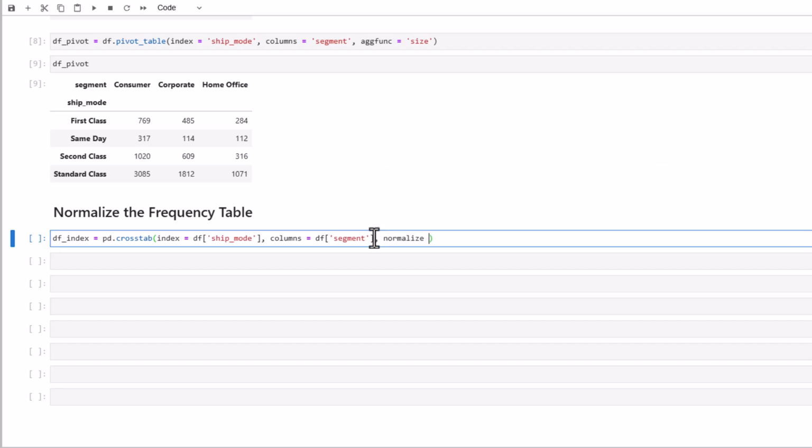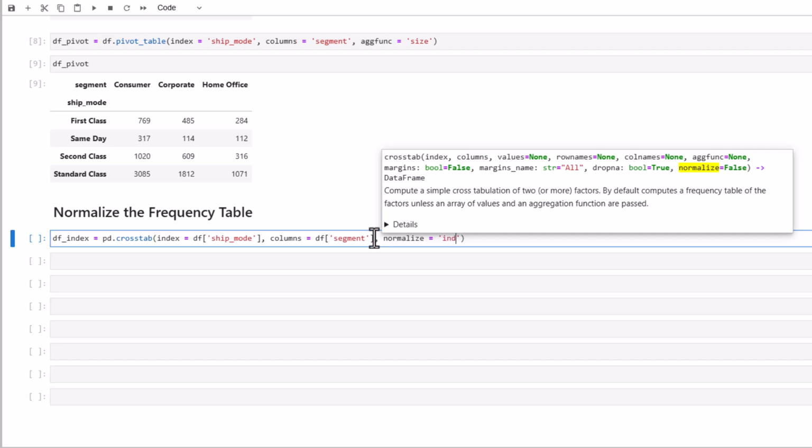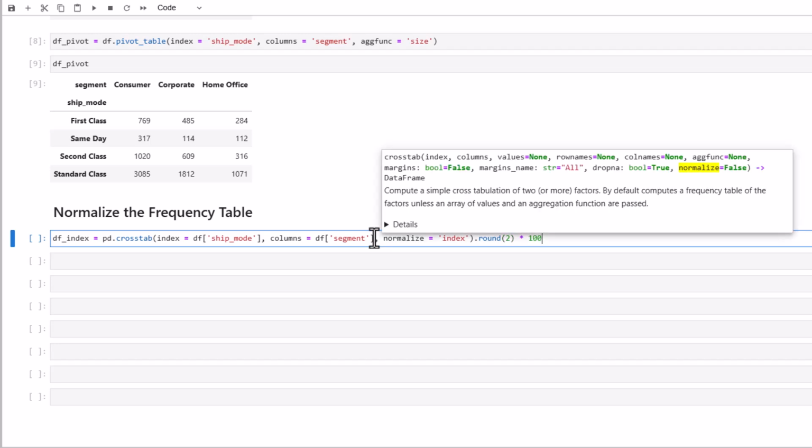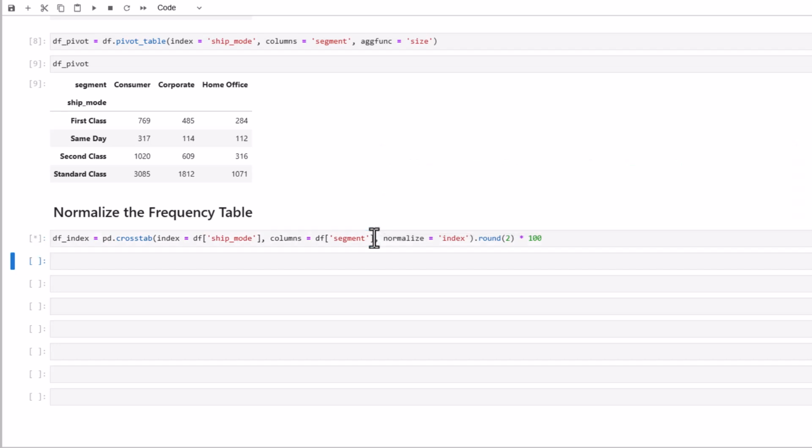Since we want to see the contribution in the form of percentages, I will put up here index. Let me round the data to 2 decimal places and let me multiply it by 100. Let's run the code. df_index,